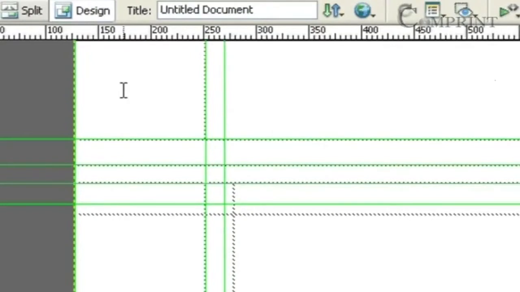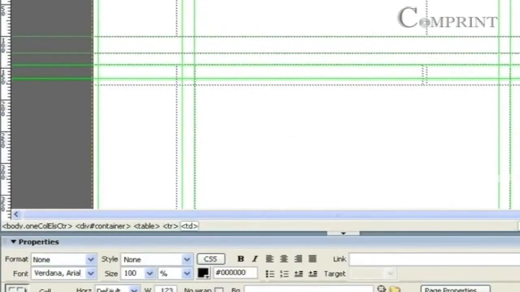If we wanted to make the cell proportionate, or if we wanted to change the values like height and width of the cell, keep the mouse cursor in the cell and open the Properties panel. In the Properties panel, we will be able to see the width and height of the cell here.